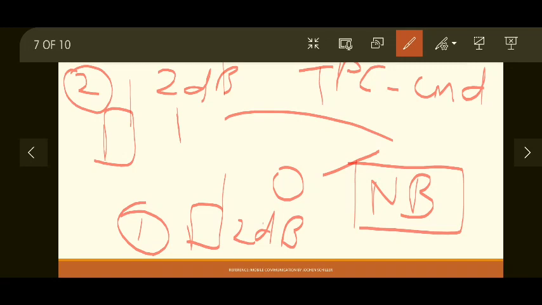If 1 is received by the second user, it will understand that there is another user nearer to node B, so it should transmit at a higher signal strength. So it will increase its transmission power from, let's say, 2 dB to 3 dB, so that its signal will have a much larger signal strength when it arrives at node B, and the near far effect will be avoided. This process is known as inner loop power control, and that is very helpful in order to decide whether to make a handover or not. So we have seen what the near far effect is and what inner loop power control is.